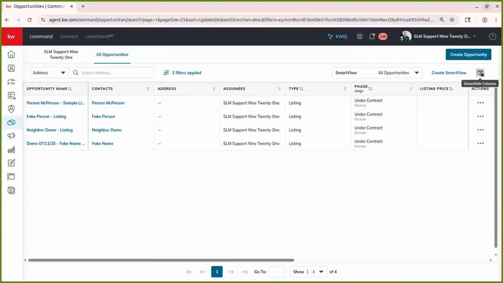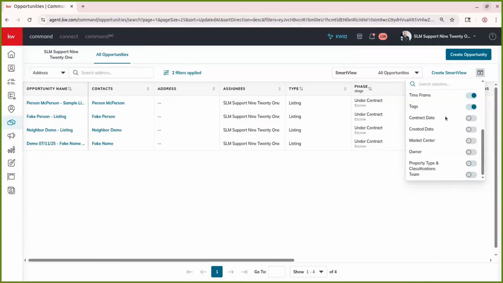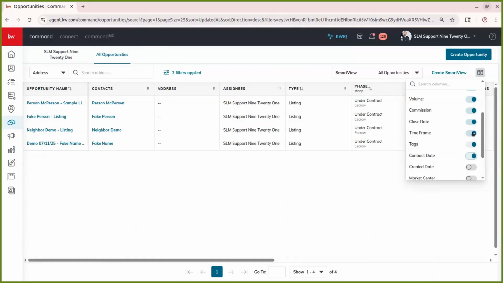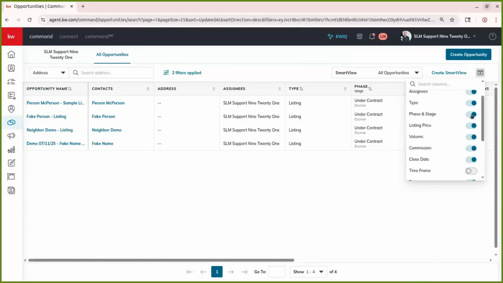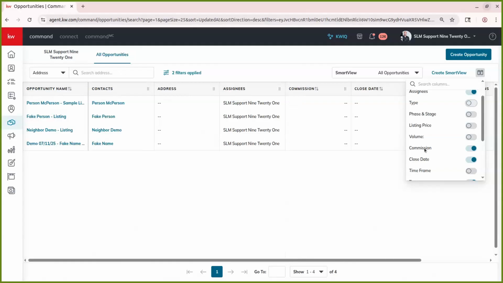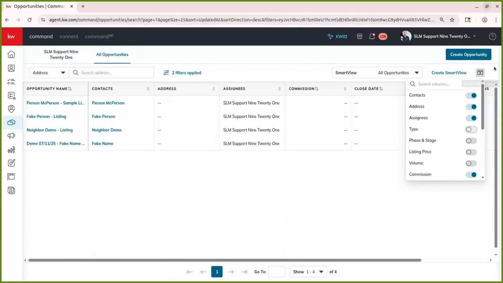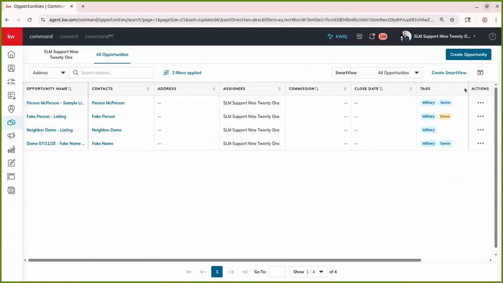We can change our columns, and that'll work for SmartViews as well. Maybe we want to have the contract date on here, and we don't need the time frame, or the phase and stage, or the listing price. We'll just remove some of these extra columns just so you can see. We can drag and drop these around. So if we want to have our close date up at the very top, we should be able to grab and drag and drop that. We can make it smaller or bigger if we wanted to. For some reason, it didn't drag when I did that originally. But we can go ahead and click